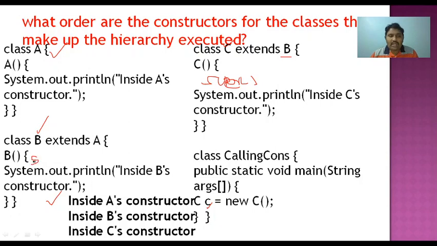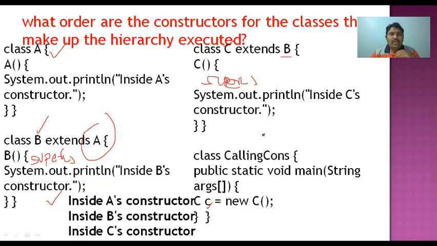Again, in the B class constructor there will also be a keyword called super of. Then that super of keyword calls A. Who is the parent for class B? A is the parent. That's why the A class constructor is called. So if you have multilevel inheritance, the constructor that executes first is the base class, the main parent base. The parent will execute first, then the immediate parent, and after that the child will be executed. So this is the order of the constructors.